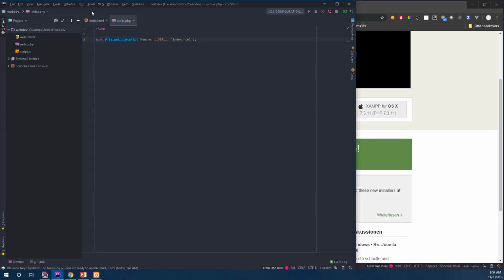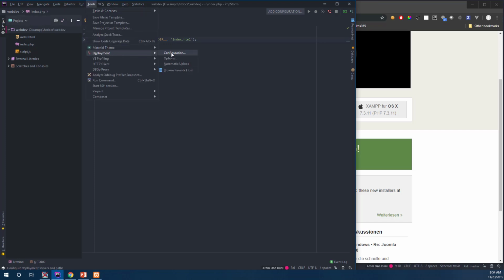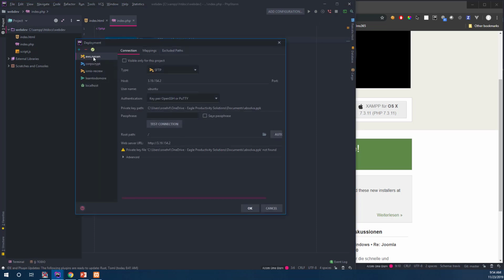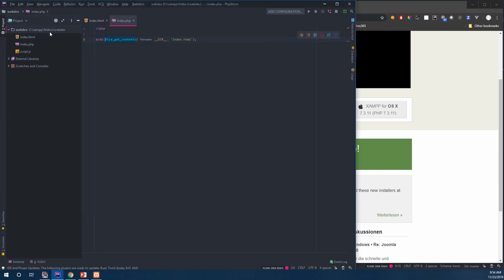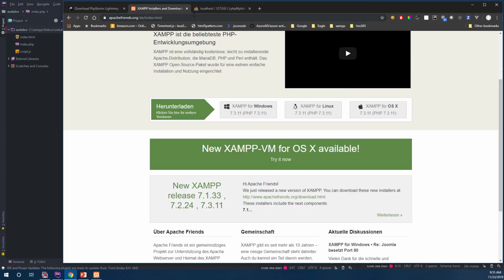If you're interested in how that works, if you go into Tools, Deployment, Configuration, you can have, let's just assume, a local or mounted folder, and then point that folder here and automatically sync those files. But there's very little reason to do that when you work locally. What you really want to do is work directly in a subfolder of htdocs. Okay, which means that if this is installed, then I should be able to go to localhost